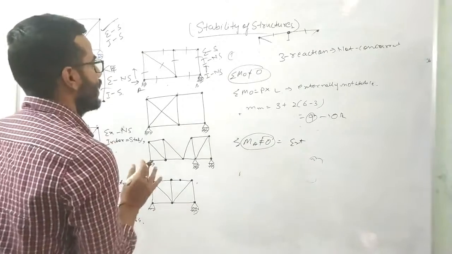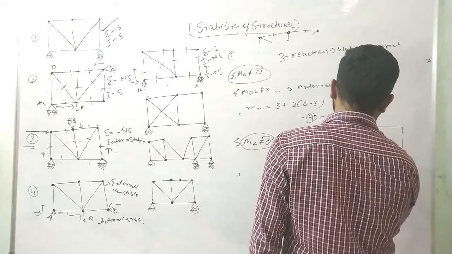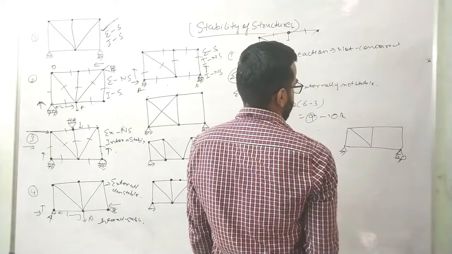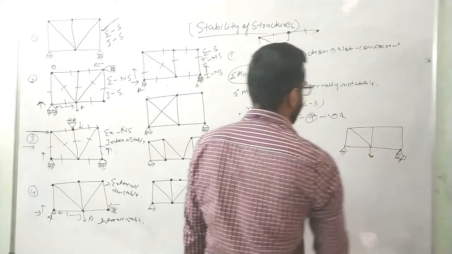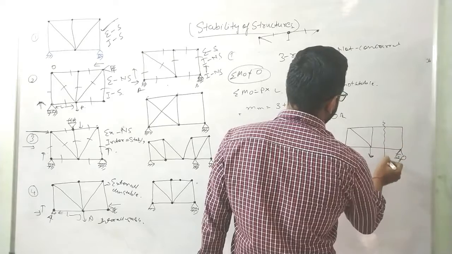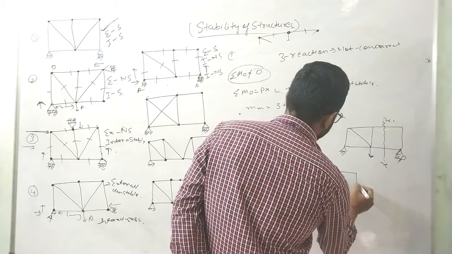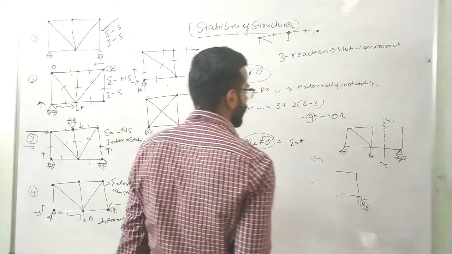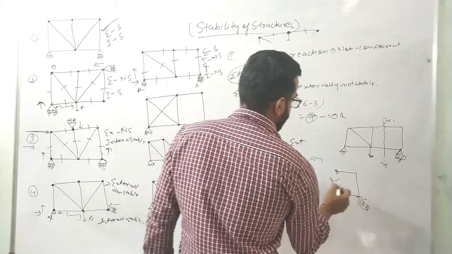Or we can simply say that if I consider this truss system, if I apply load over here, and I cut a section over here at axis and draw the free body diagram, here I have RB reactions. To resist this RB, there is no reaction. These are the plate elements, these are the truss elements, so they don't provide any shear or bending. So this is unstable.